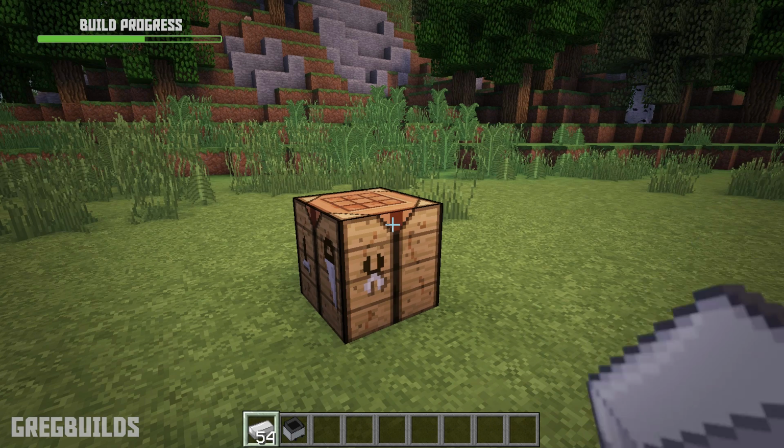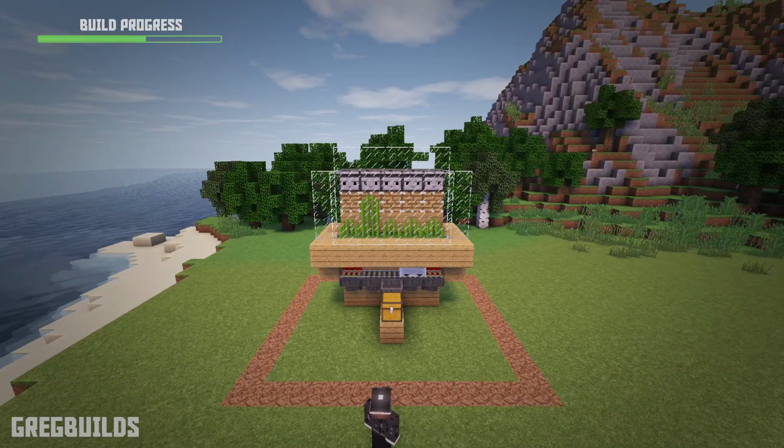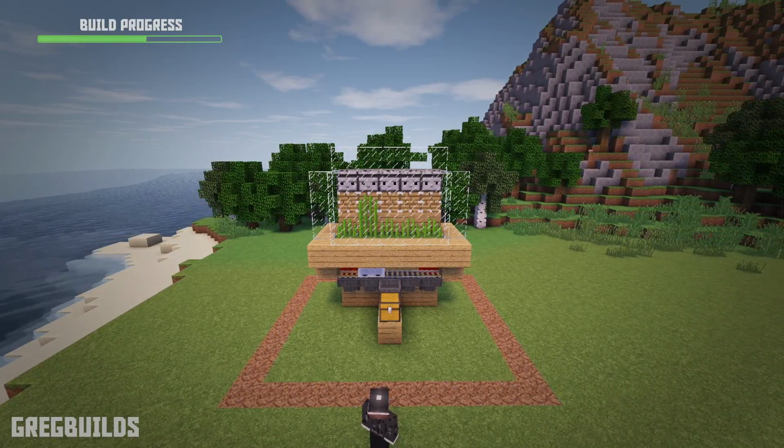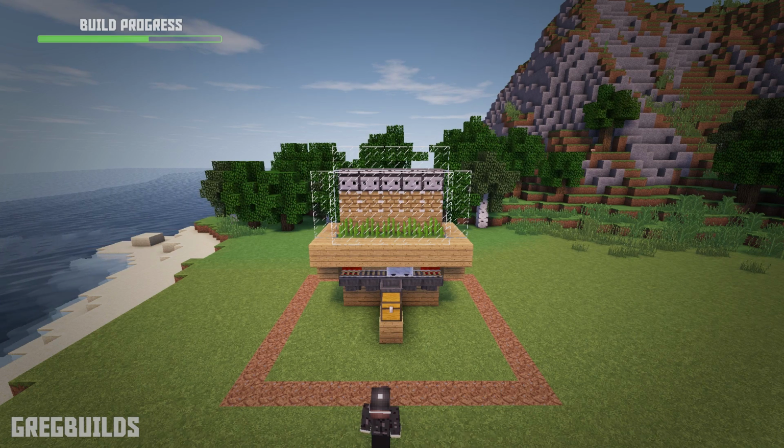And we're done. Now the automatic sugarcane farm is completed, and we can wait, and over time the sugarcane will grow, and once it gets to 3 blocks tall, the observers will fire, and this will operate the pistons, and these will break the sugarcane. Then the sugarcane will fall down, and the minecart with the hopper inside will collect it, which will then end